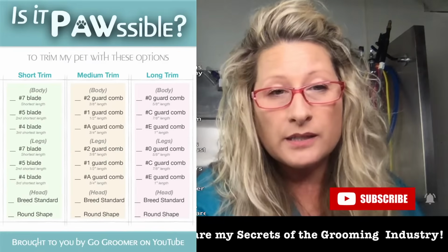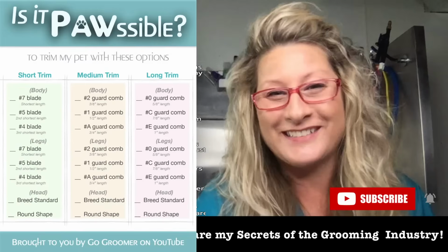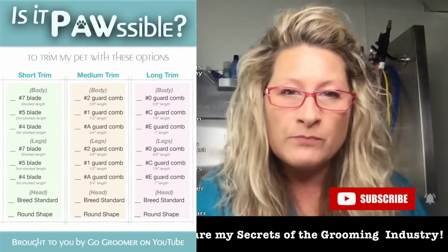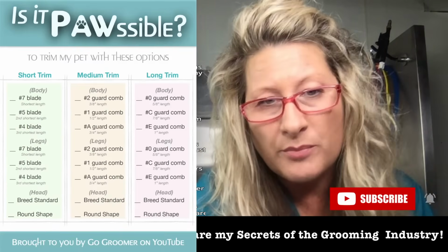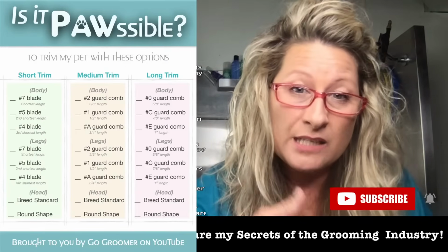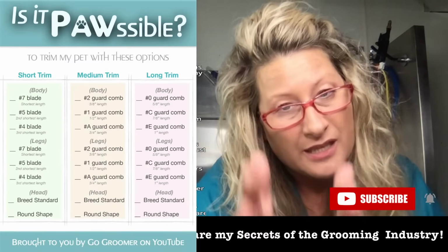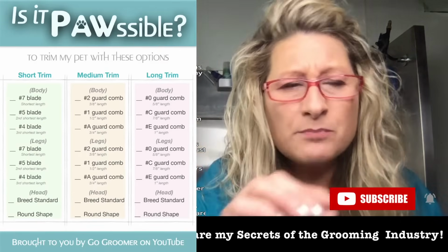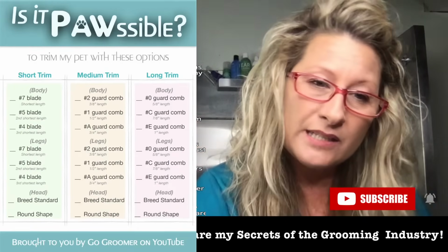And then on the back of this, you can write any notes to yourself, the groomer. Write any notes to yourself as far as how that went for you, or if you wished you would have gone a little shorter on the legs or a little shorter on the body, or I had a hard time getting through it. I should focus more on bathing and brushing and prepping my dog before I go to try to accomplish this particular trim on my pet. Okay, so this can be your little note file. Simply put somewhere on the top of it what the date is. That tells you what date you